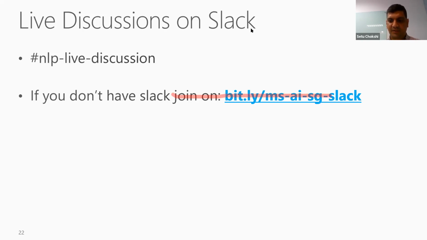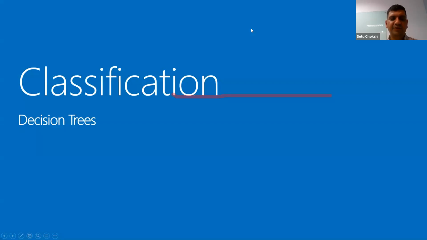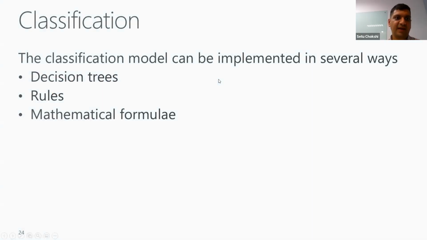All right. So we are going to again look at classification because in some sense, when we were doing sentiment analysis, we were trying to work through sentiment, which was a version of classification. And for this one, we are going to make use of decision trees. As we get started into decision trees, one of the things that I always like to do is look at what decision trees are.